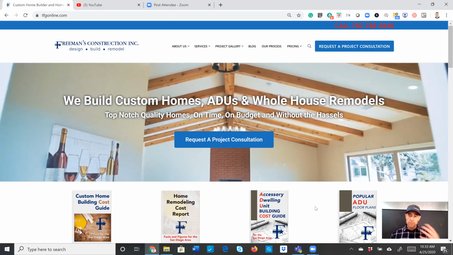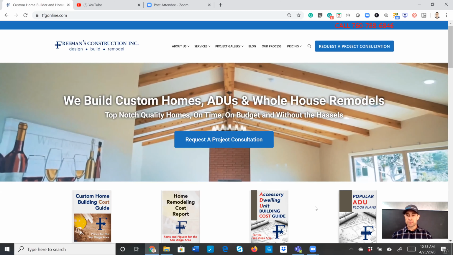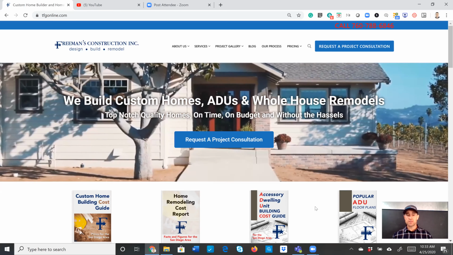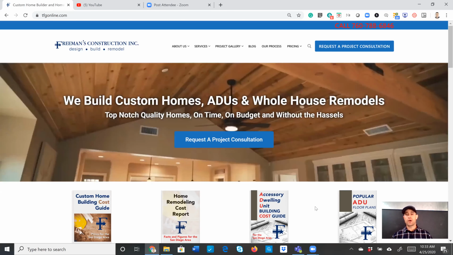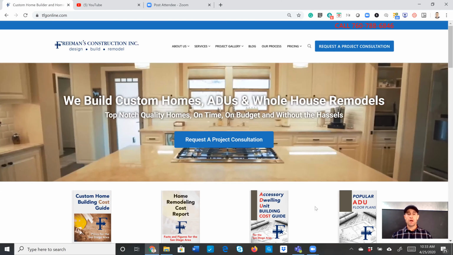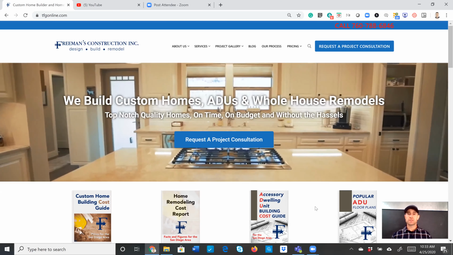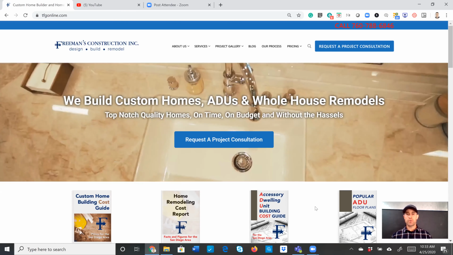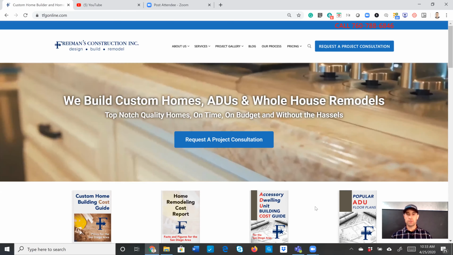So by them downloading these, they're giving us their contact information, email address primarily, which allows us to start that process with them as far as building the know, like, and trust. So we can start to email them. We can also gather mailing addresses. So once we have that, we're able to take the content that we put out on a daily basis, and then we can push that out to them